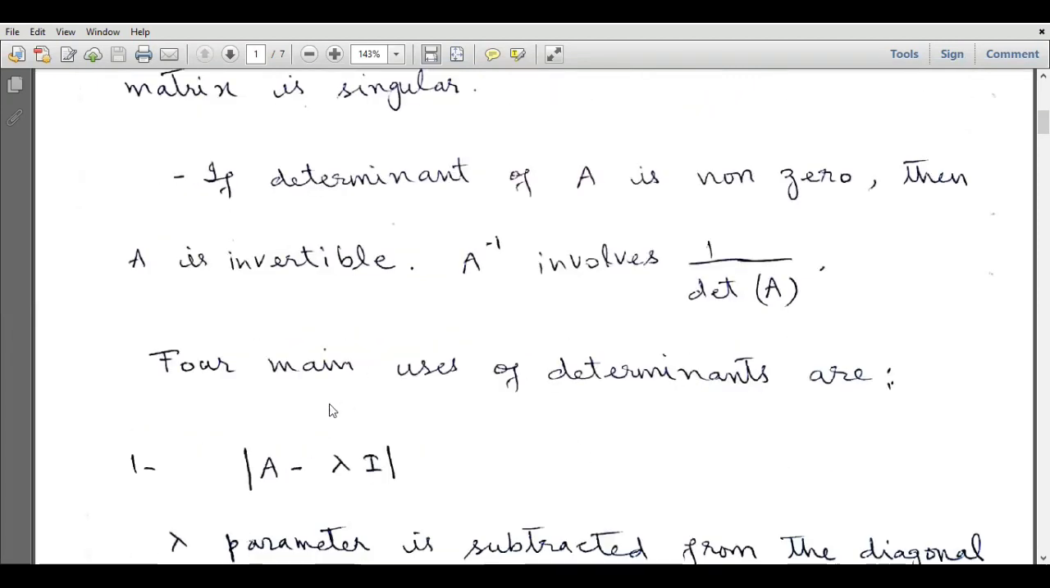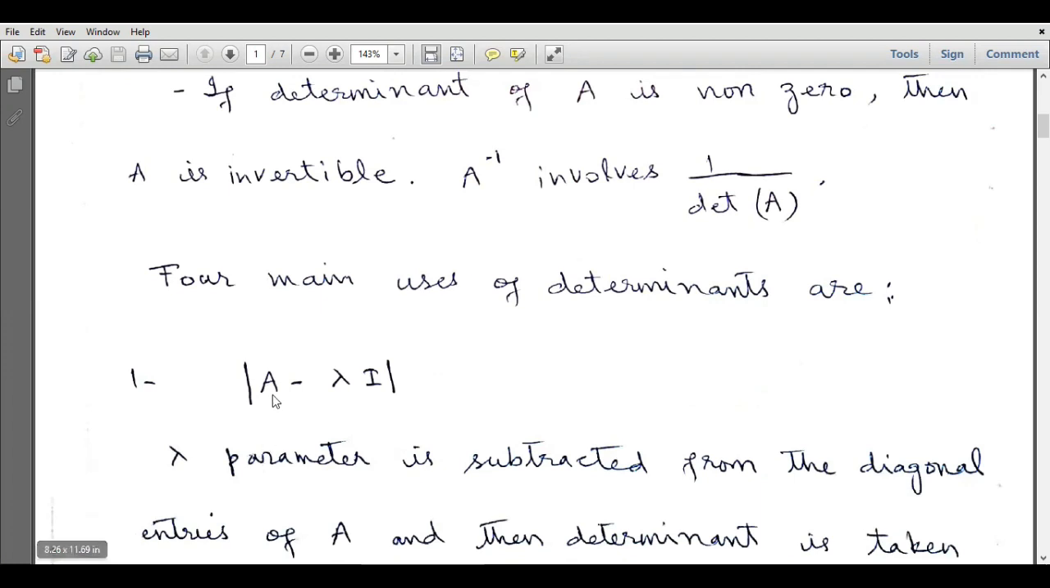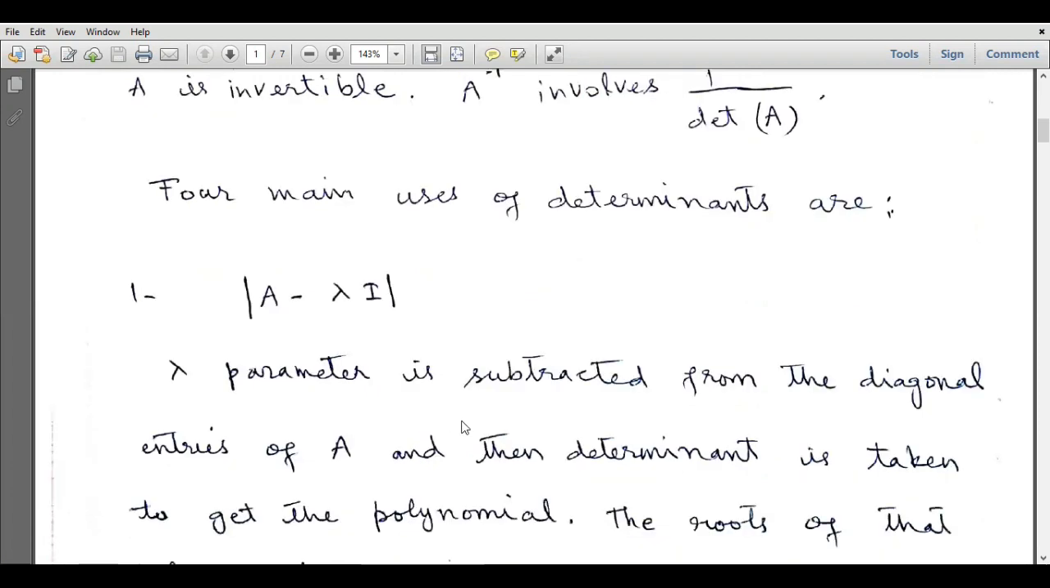Four main uses of determinants are: the determinant of A minus lambda I. So this determinant is used to evaluate the eigenvalues of the matrix A. And here lambda is subtracted from the diagonal entries of A, and then determinant is taken to get the polynomial. So I is the identity matrix, and lambda is a scalar value. If we subtract lambda times I matrix from A matrix and take the determinant, then we will get a polynomial, and that polynomial must be equated to 0, and the roots of that polynomial will give us the eigenvalues